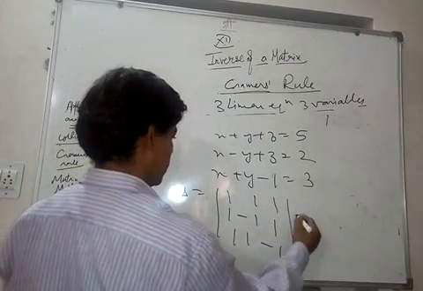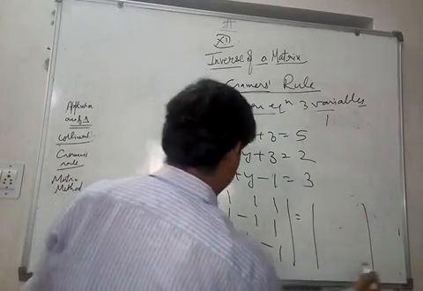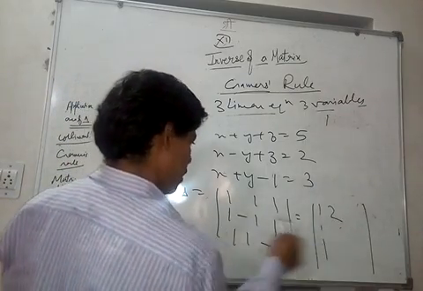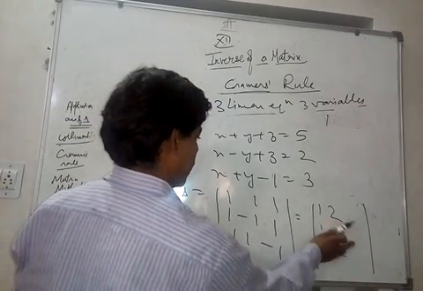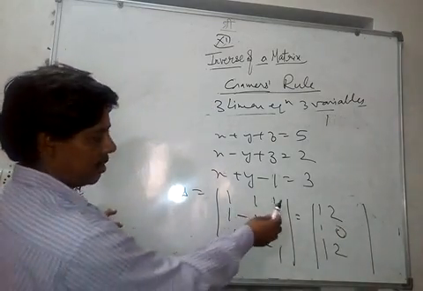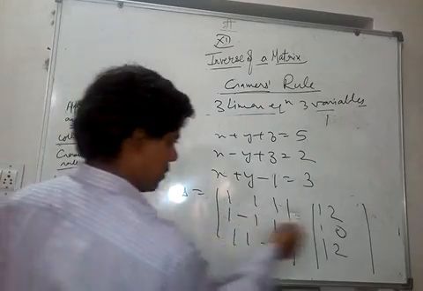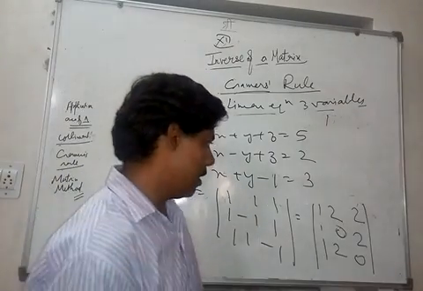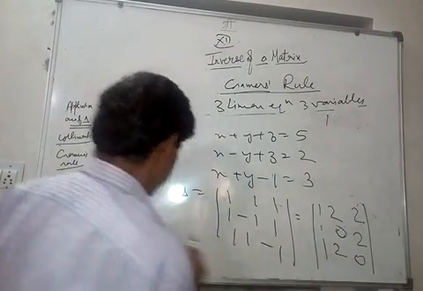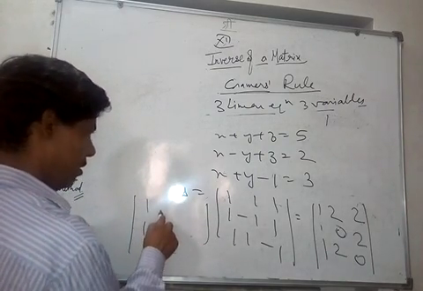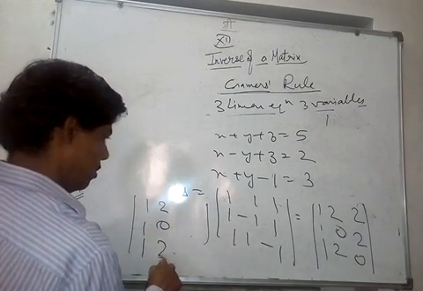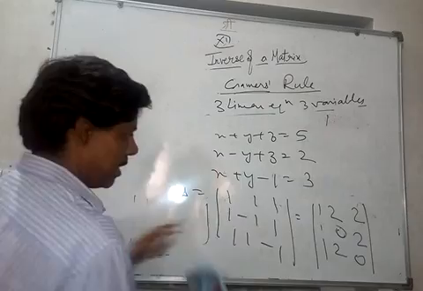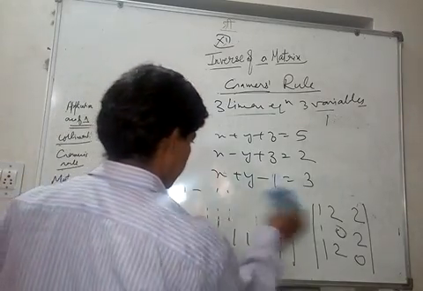Let's solve this way. Suppose I add these two and add these two. So 1 1 1, add these two. This is 0 and this is 2. And then I add these two here, C2 and C3, C2 and C1, 1 plus 1 is 2. This is 2 and this is 0. So we got some zeros here. And now we can subtract this minus this, we get 1 1 1, 2 0 2. And no, let it be, because that 0 will be gone. You can expand it directly at this step also, but you have to create some zeros.